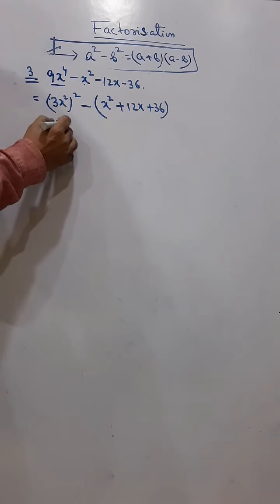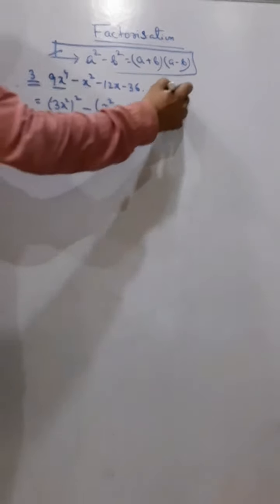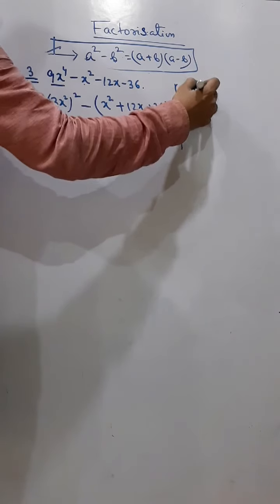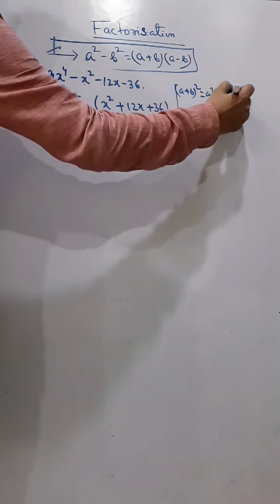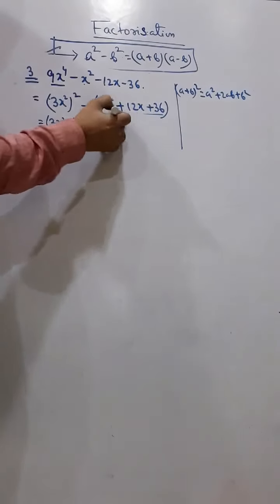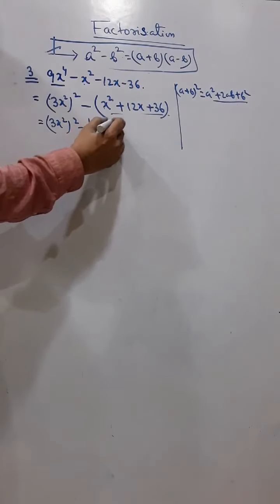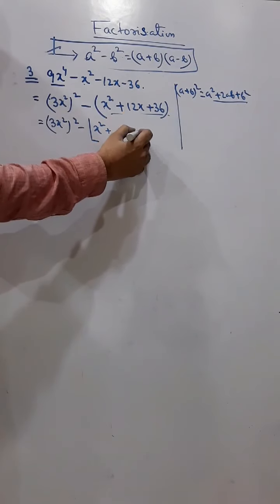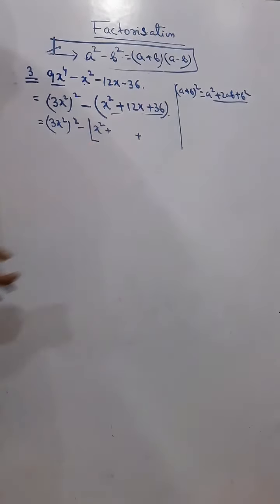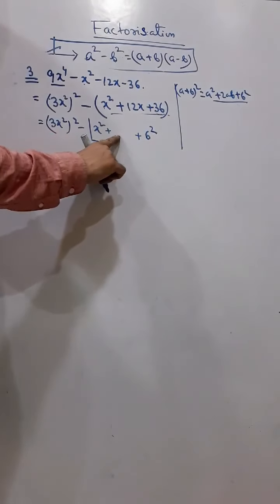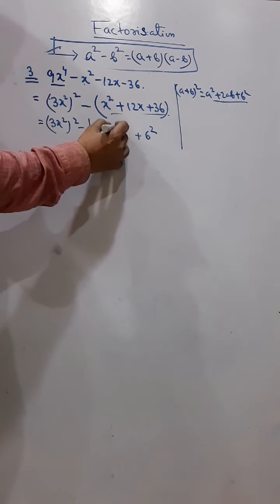Now 3x square, and again I have to write in the form of a plus b whole square format, that is a square plus 2ab plus b square. So this format I will write in this format. So it is already a square. Okay, as I told you, you should keep the middle part blank to avoid any confusion, and then 36 you convert into square, so that becomes b square. So this is a square and this is b square. In the middle what do you write? 2ab. So what do I write? 2 into a into b. And now check it.